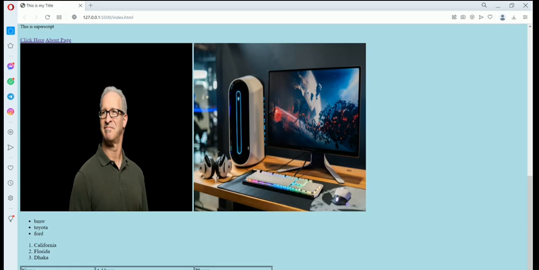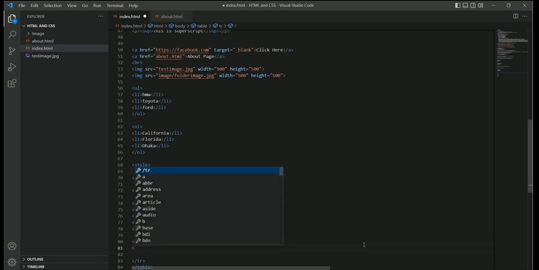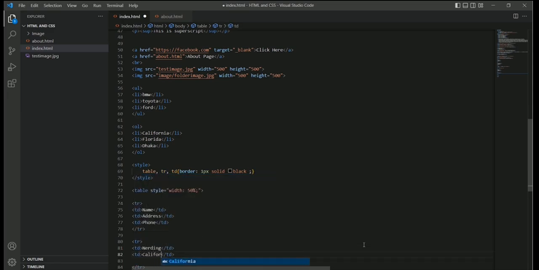So let's get back to our Visual Studio Code, and in line number 80 again I need to type tr, that means table row, and I need to put my table data in between the opening and closing tag. In table data, at first I need to type the name, that is nerding. In second, let me type TD, that means table data. In here I'm going to write California,